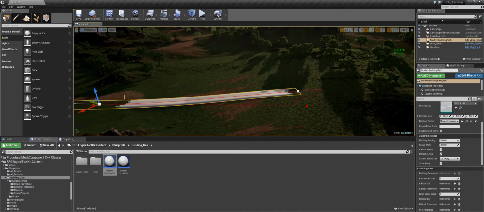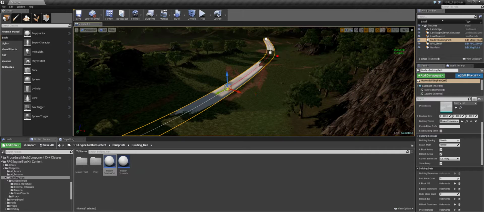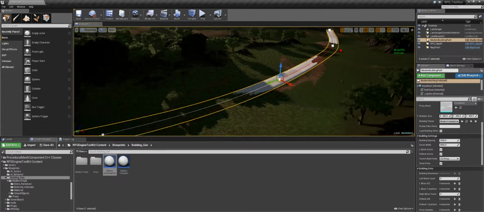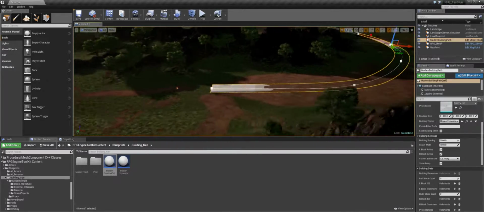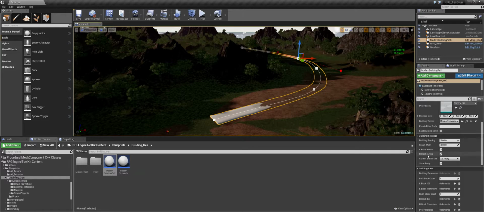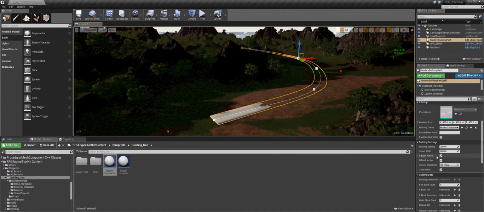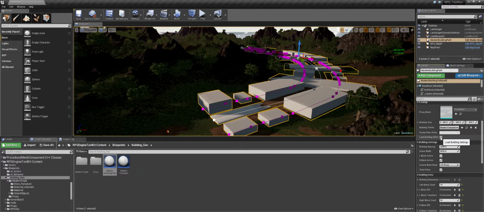Push that down. Push this down. Got about 5 minutes left. That should be enough time. So now that I have my path set up, I can come in here and load my building settings. Now, by default, it's going to load